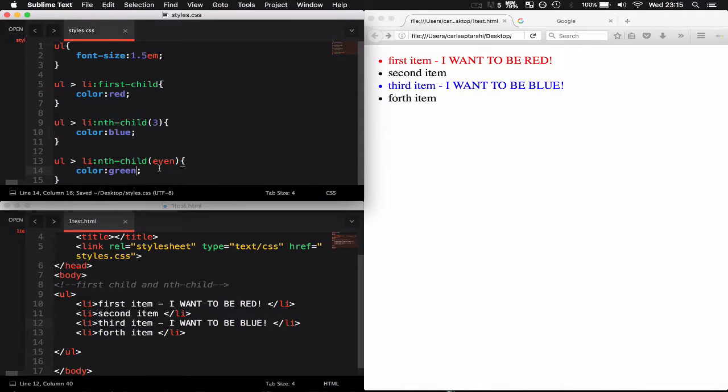Because I'm selecting every even value, it's not going to select the first item, but it's going to select the second and the fourth element because 2 and 4 are both even. If I wanted to select the odd items, then instead of putting even here, I put odd. Over here I'm putting even. Now when I refresh the page, both of these items, fourth and second, are green. That's really all there is to it. So that is a basic introduction to your